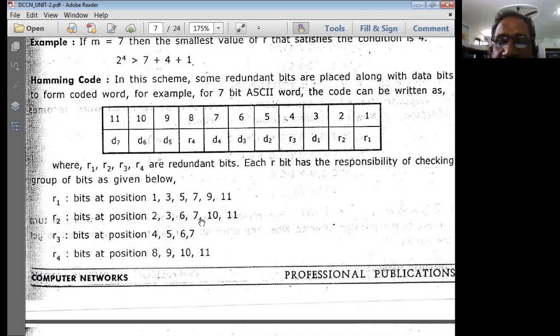6, 7, 8, 9 discarded, 10, 11. Okay, now we have only up to 11. So therefore we'll write up to 11. Then next, R3 means what? What is its position to start with now? It is 4, because 1 2 4 8 code, the fourth position.